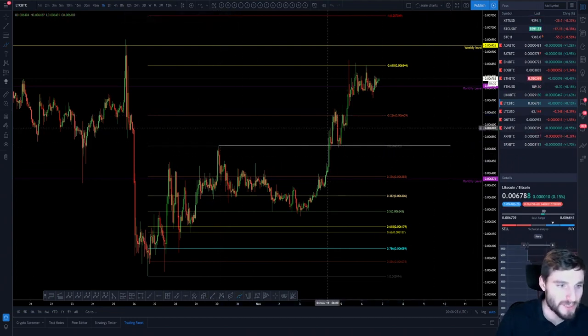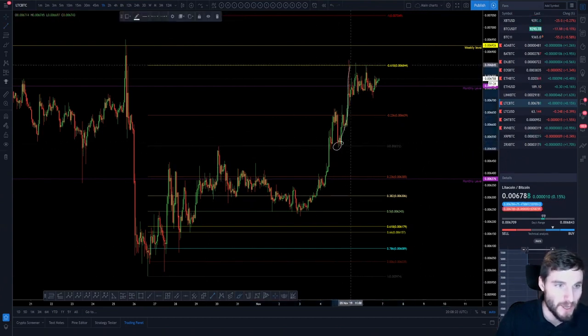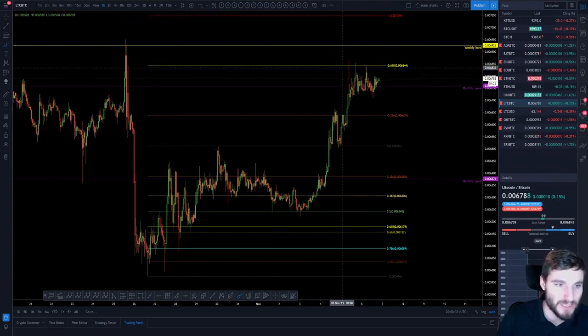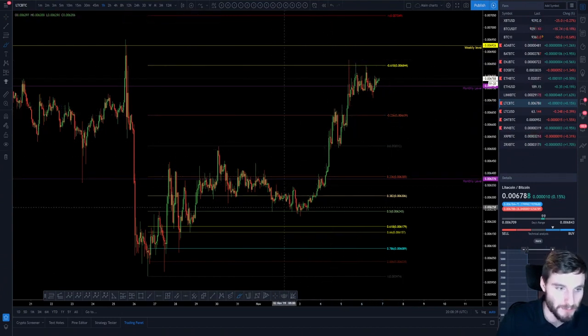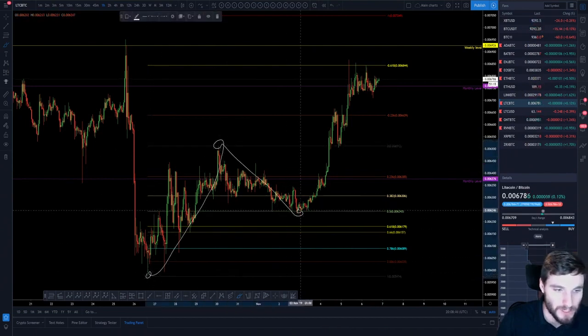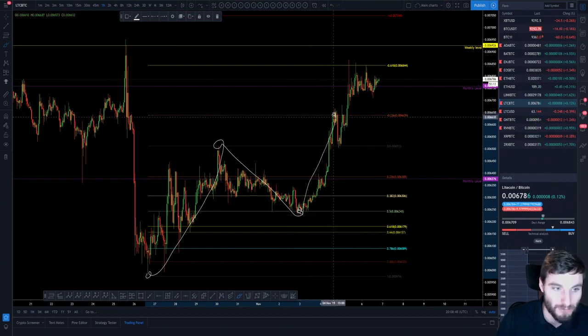So old resistance flips to support, and look at this, you get your second reaction to the upside. Where do you top out? The negative 618. So that is the negative 236 and the negative 618 both doing their jobs as you would expect. So here you get your rise, drop down to the 0.5 fib, 3 valleys, rise to the 236, rejection,